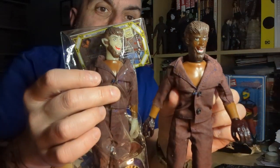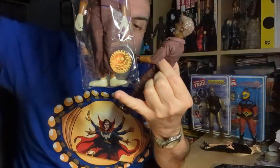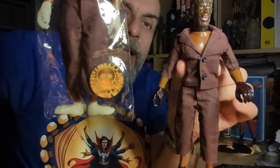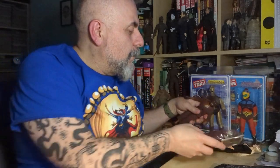done actually a, so at least you can see it in the pack. So that's the packaging. As you can see, it can burst very easily. This one has his face, hands, and feet, which are glow in the dark. So that's actually a very cool feature. I mean, who doesn't like a glow in the dark figure? So here you go. Those two sadly are